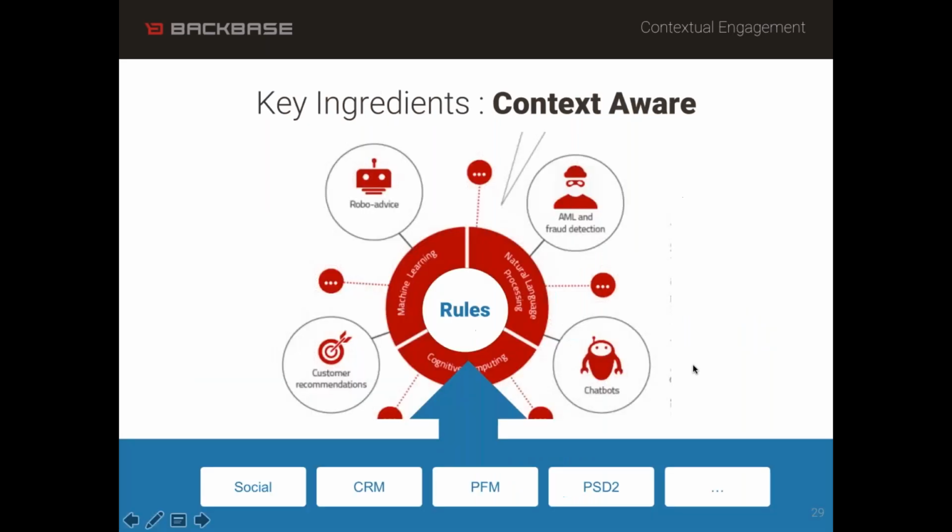So what you probably will see is that you will have access within an omni-channel platform to multiple data sources: social data, CRM data, PFM data, personal finance management, third-party accounts, core banking system. Basically, there's a large variety of data. And how can we apply business rules? How can we apply AI? But also, how can we empower humans to utilize that data and get insights to actually make those dialogues meaningful to the end customer?